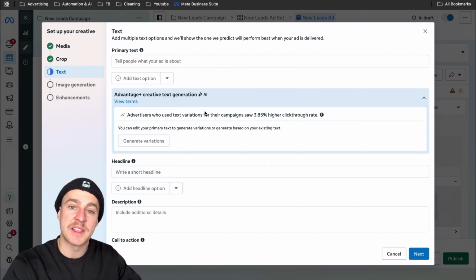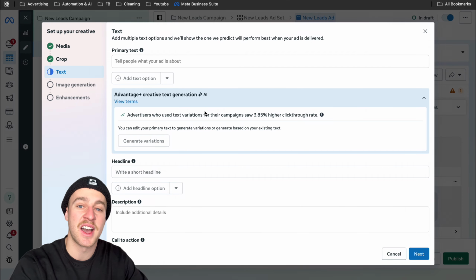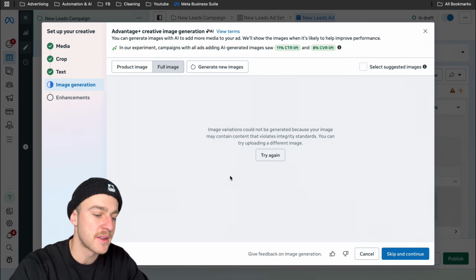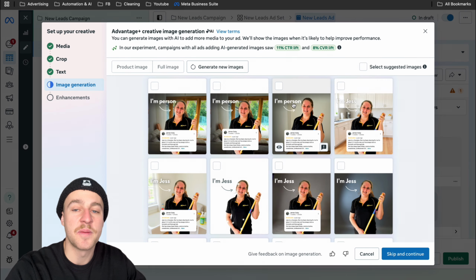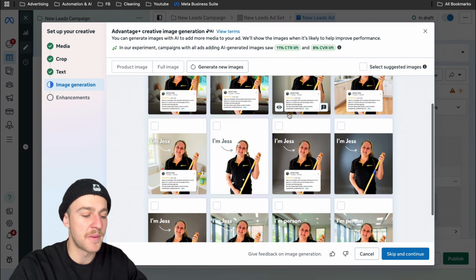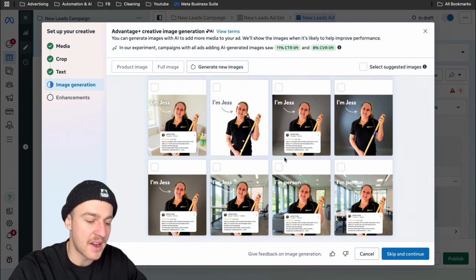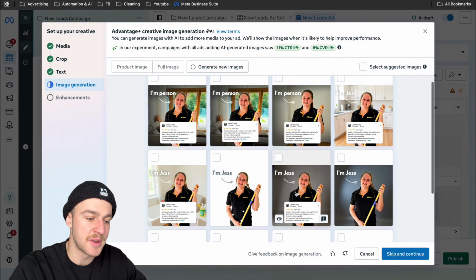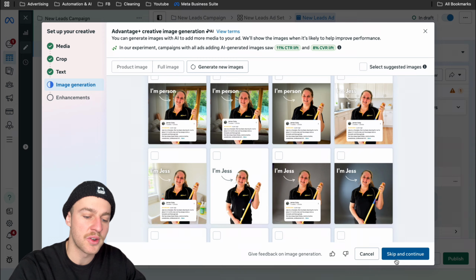I'm going to create it a little bit later in the video just because you can't really see what I'm doing when I do it in here. So what we want to do now is just tap on next. Now we're in the image generation area. If you find something that looks good or looks better than your image, I suggest picking it. But for this sake, there's nothing really that much better, so I'm not really going to bother with it. The only one that also looks good is this one. But I'm just going to skip and continue and stick with the one that we've already got